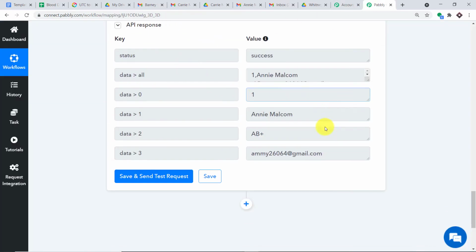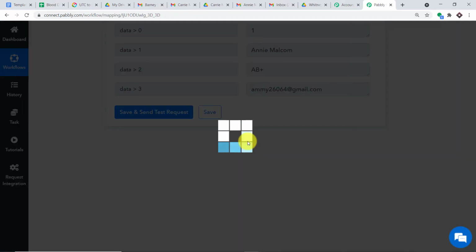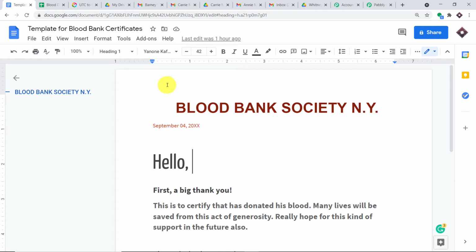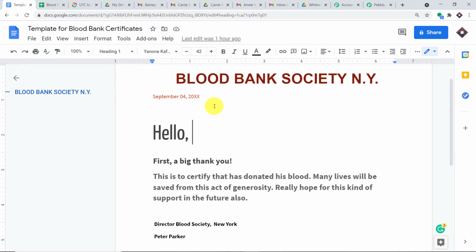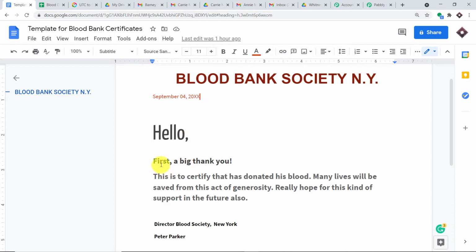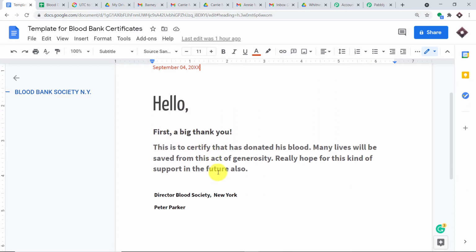Now I'm going to click on one more plus button. Now we are going to create a certificate from a template. I'm just going to show you the template. Basically this is my template. Of course you can create many different types of templates according to your desire, but I'm keeping it very mellow. This is my template, Blood Bank Society, New York. And this is the date that we have at present. I'm going to make some changes here. First, a big thank you, and this is basically the same certificate. This is to certify that